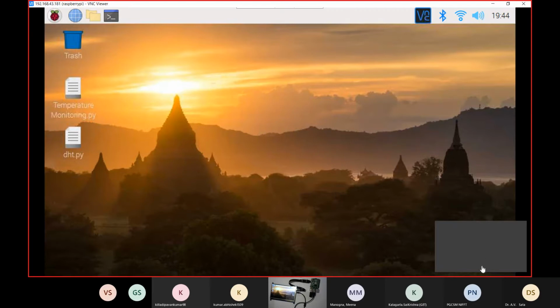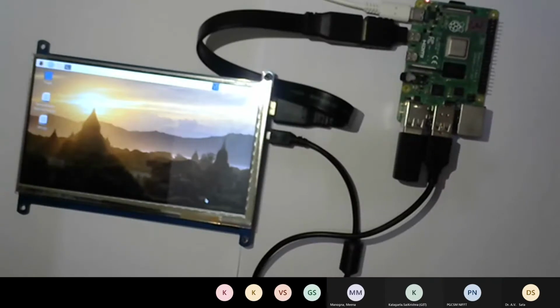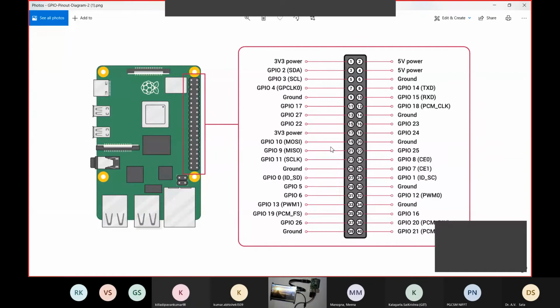I'll be using, first I will show you one of the demos, an introduction to the GPIO. As I showed you, there is a 40-pin GPIO over there, and this is a graphical representation to show you how to connect it with the Raspberry Pi.